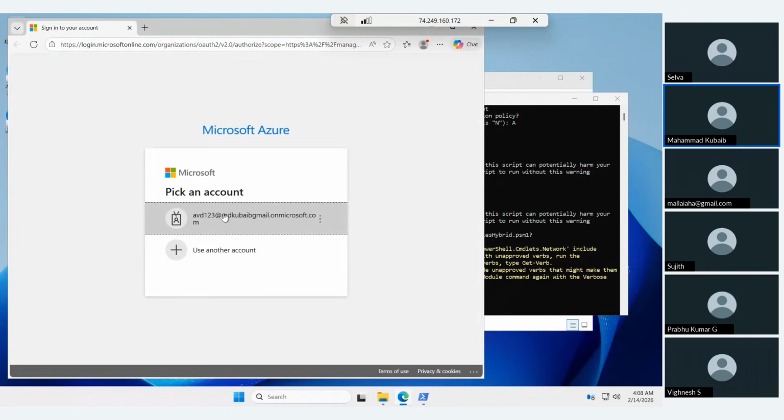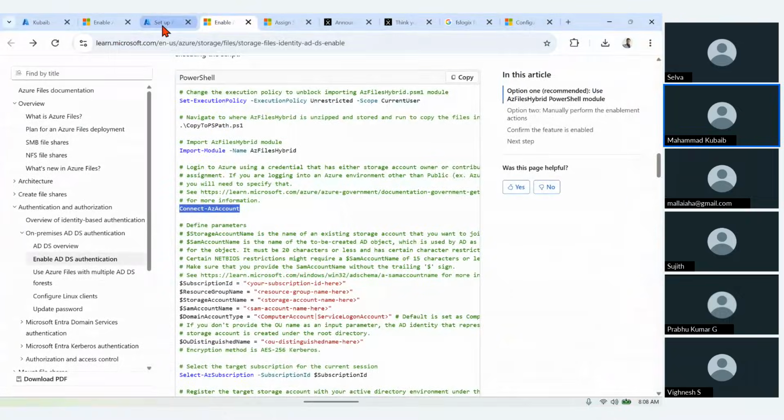Please make sure the account has proper permissions on your Azure. So let's select this particular account, which is avd123 at mdkube@gmail.com. If you go to my Entra ID,